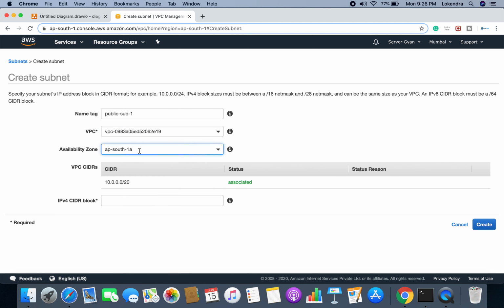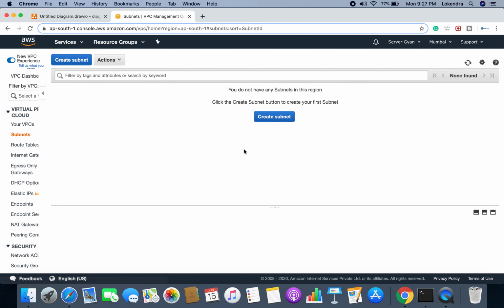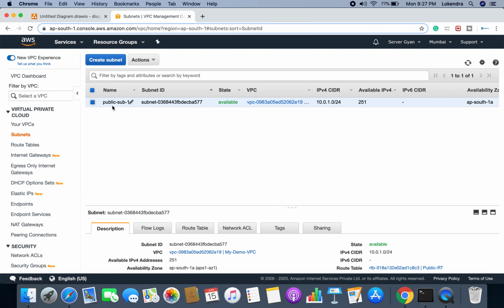So guys, keep this in mind when you are going to create 3 subnets, and these 3 subnets are going to be part of the same route table. These 3 subnets have to be in different availability zones, in order to ensure that if any availability zone goes down, then your infrastructure should not go down. The CIDR is 10.0.1.0/24. So the first subnet is created.